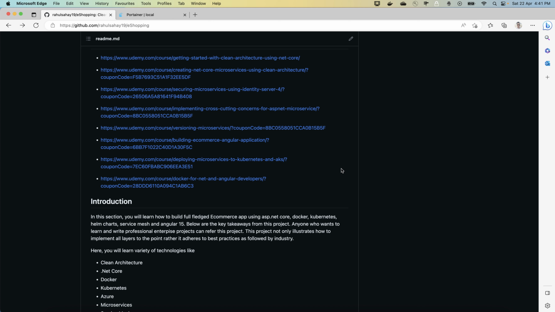Once we have these stable frameworks released, these things will be upgraded to newer versions of the .NET framework as well, which you can say is .NET Core, and Angular as well. Now the next thing is the deployment of microservices, which in this case is done to a Kubernetes local cluster plus AKS as well. So you will get to see how to apply this to Azure Kubernetes Service,